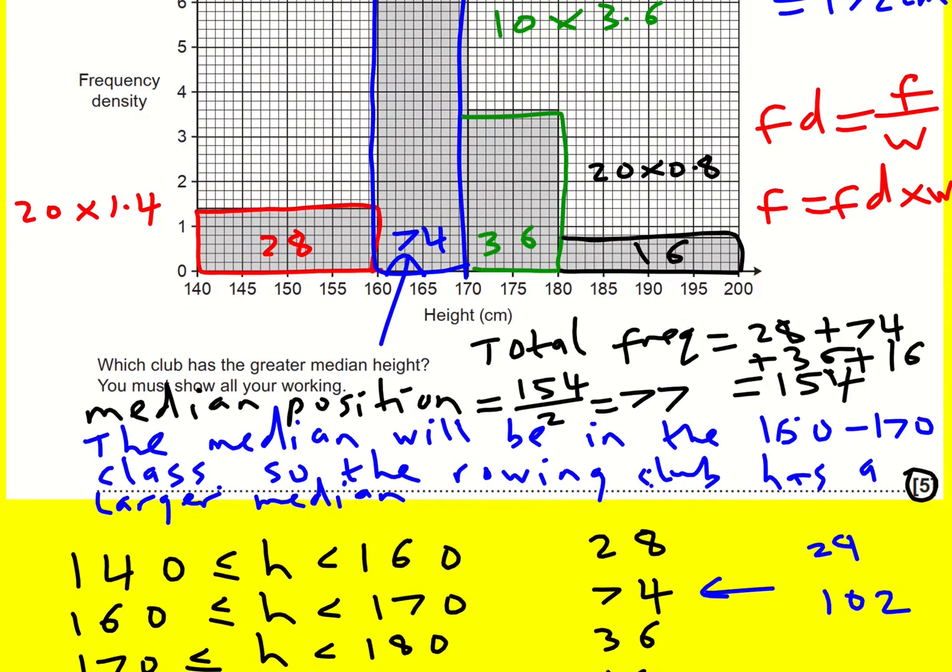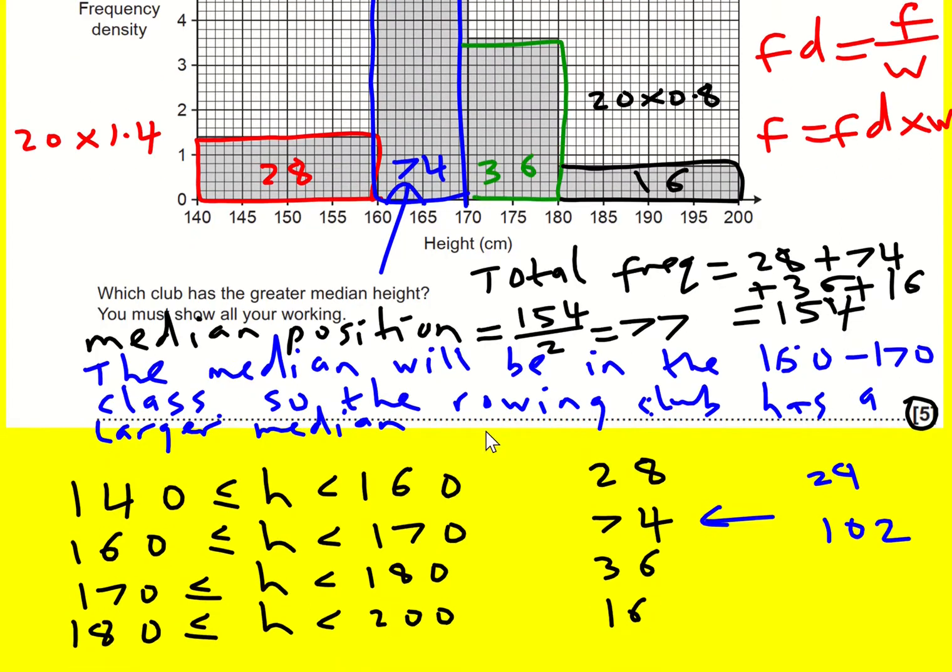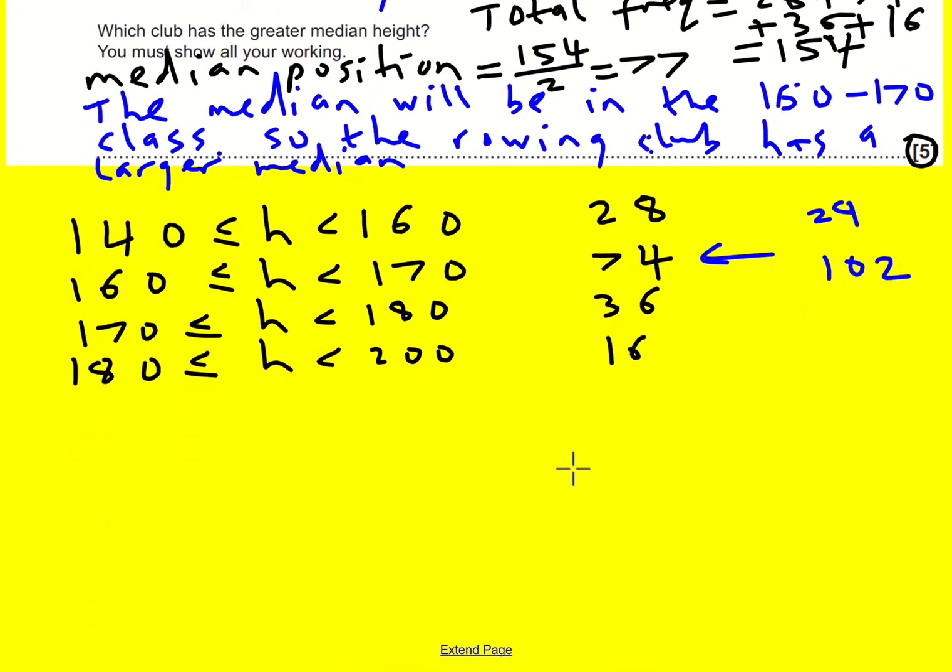Just a little bonus bit though, I'm still trying to figure out on the specification whether you will be expected to actually calculate the median or estimate the median. So I'm going to talk about how you can do that. It is a topic on A-level for sure, and it's worth talking about. So let's estimate it. I know I'm looking for the 77th value. So I know there's 28 in the first group. I can do 77 minus 28, which gives me